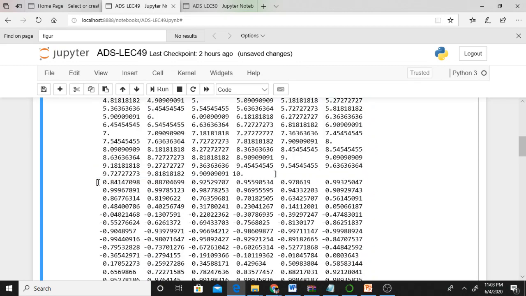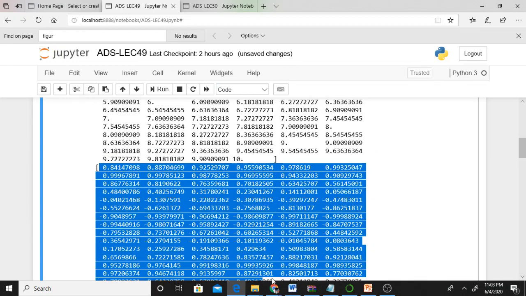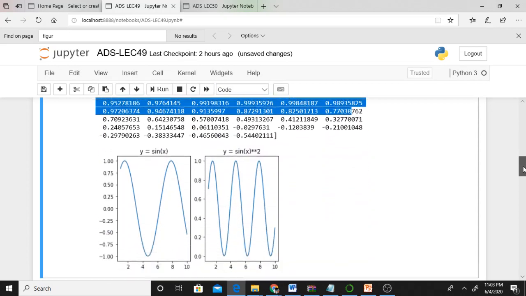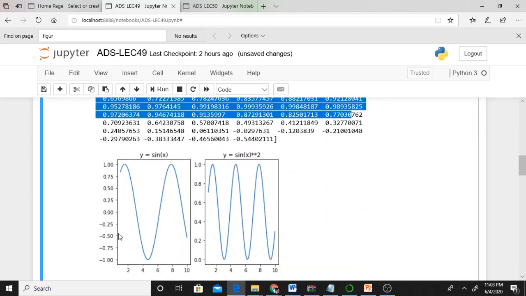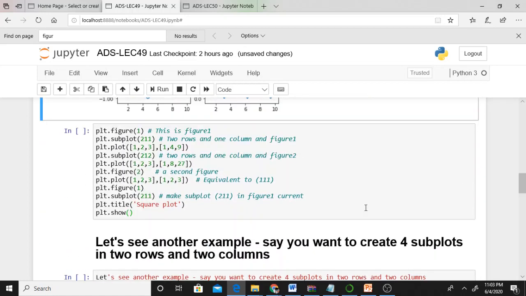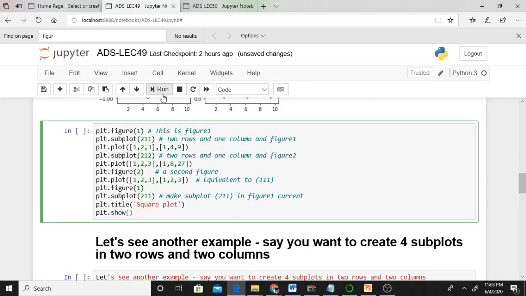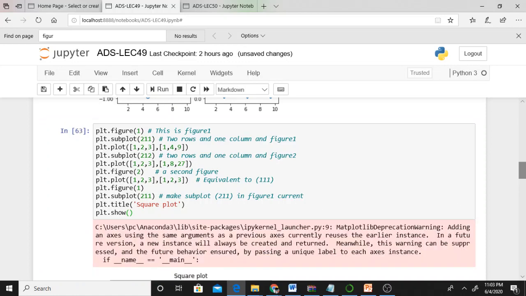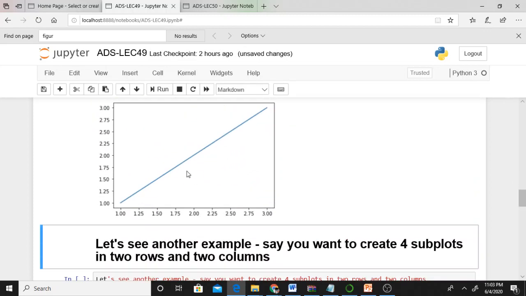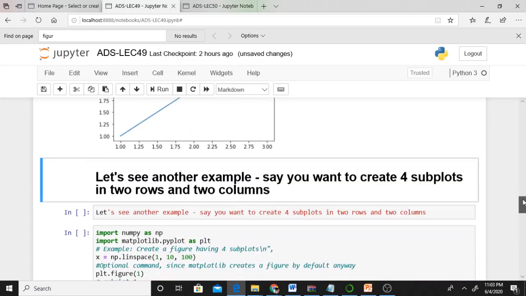In a similar manner, those are x values. I am printing x and y values, so that you will get 100 x values, 100 y values. Therefore, you are plotting this one. How to plot, I already discussed this, isn't it? In a similar manner, this one also I discussed a few minutes back. For figure 1, I split it into two parts, again figure 1 and figure 2. Again the second figure, I am not splitting. Therefore, you are getting the same output.